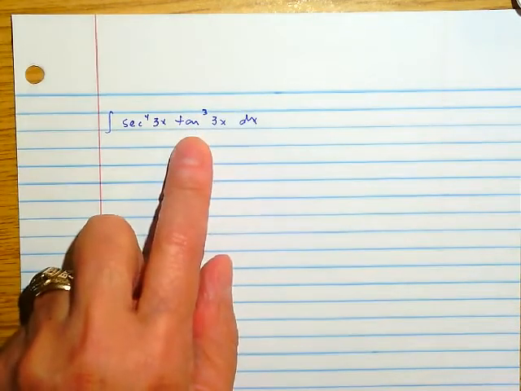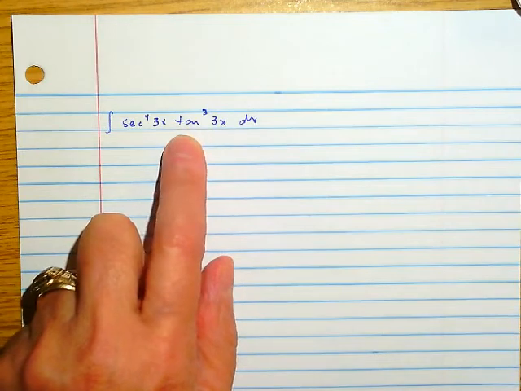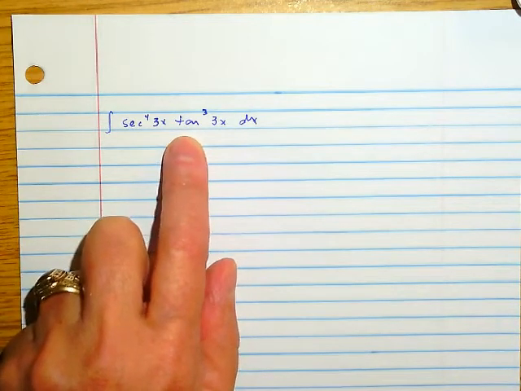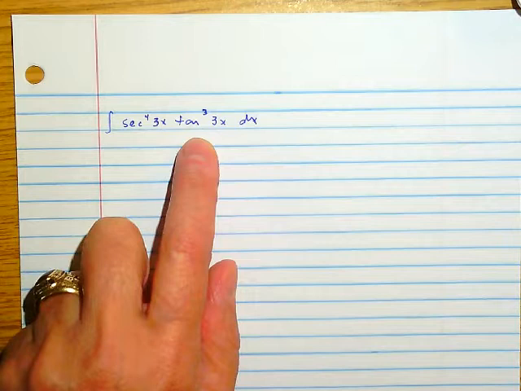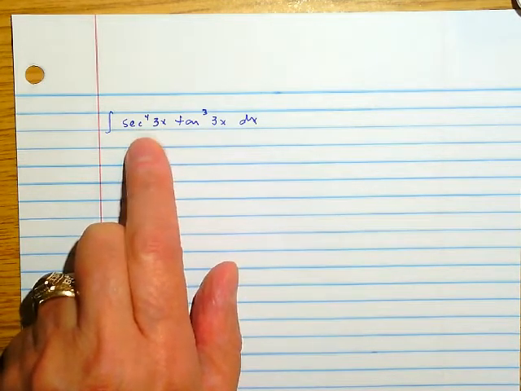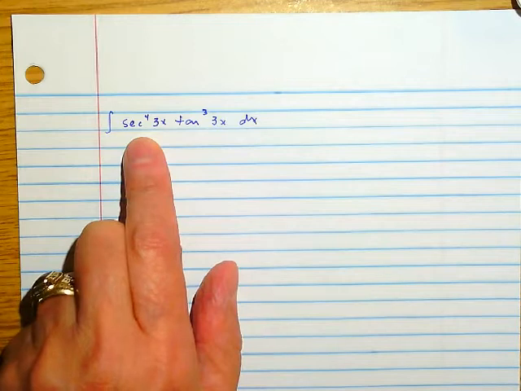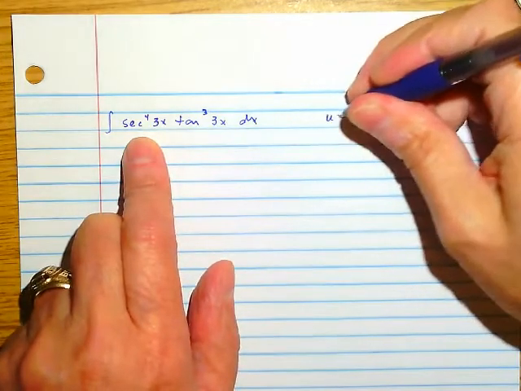Tangent's odd. And if we take the derivative of tangent, what do we get? A secant squared, okay. So we could save off a secant squared. That means we've got more secants, but we can convert those extra 2 secants into tangents, right? So let's try that. U equals tangent